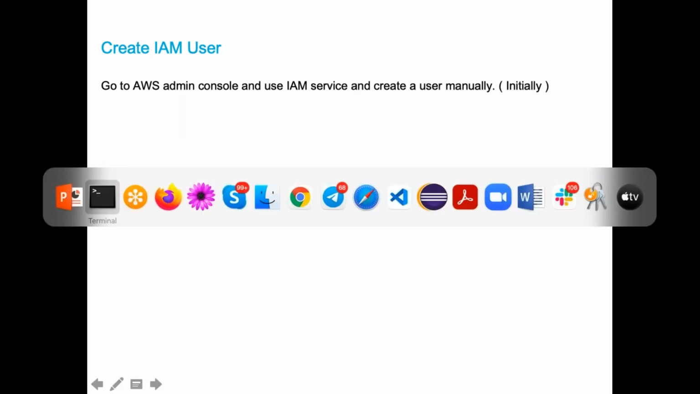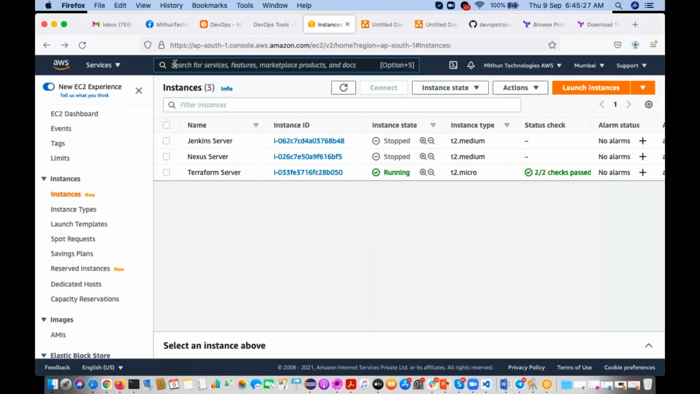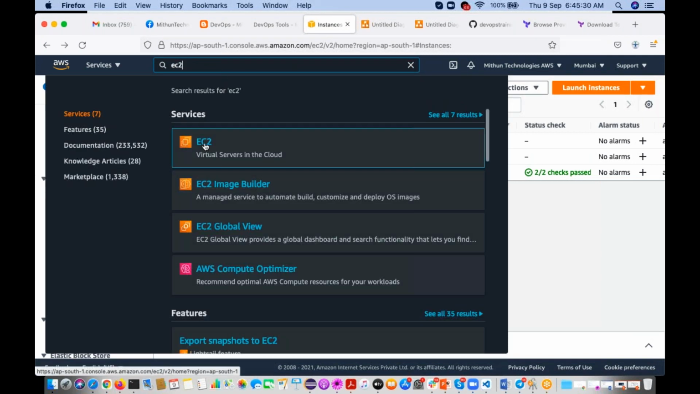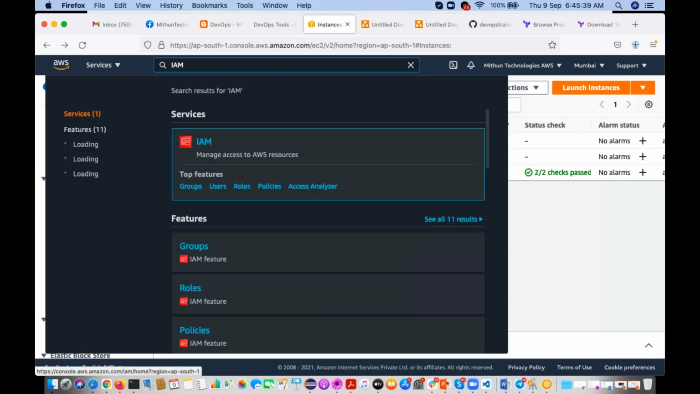To create one IAM user, first go to the AWS admin console. See, like EC2 instance, this is one service. Under services, each instance is displaying. Like that, we have one more service, IAM, Identity Access Management. Using this, we can create users and manage resource access and all. We'll discuss in our sessions what this IAM is. So now, using this IAM service, we'll go and create one